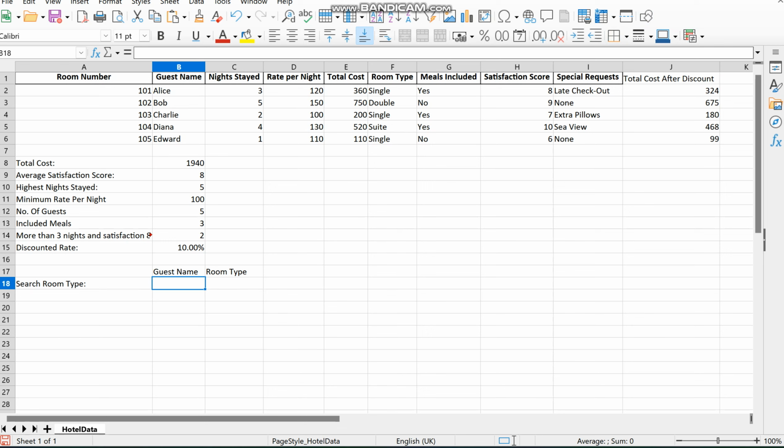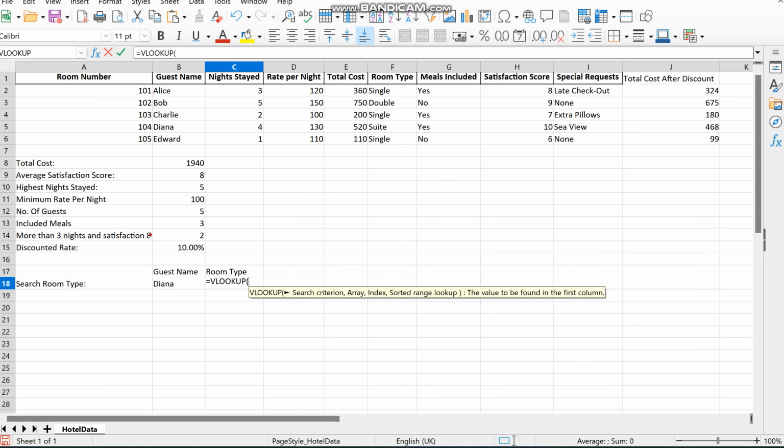So the guest name is going to be Diana. And the room type, we're now going to look at it, equals VLOOKUP. Then open the brackets. And the search criteria is going to be this cell, comma,